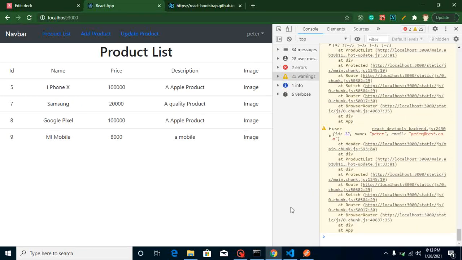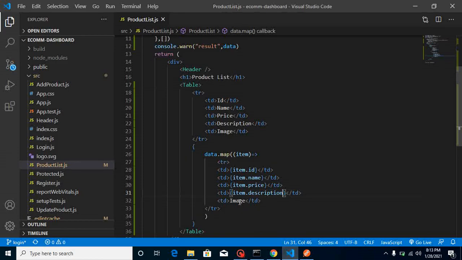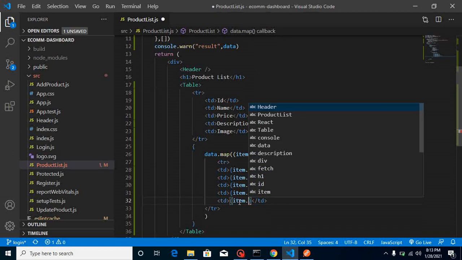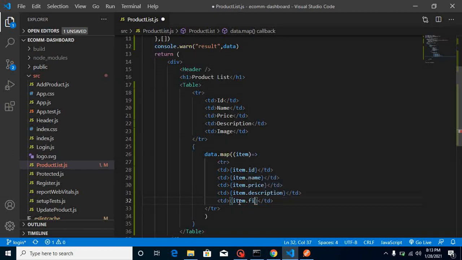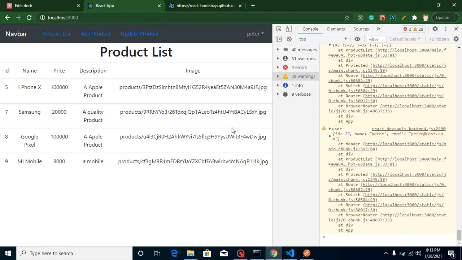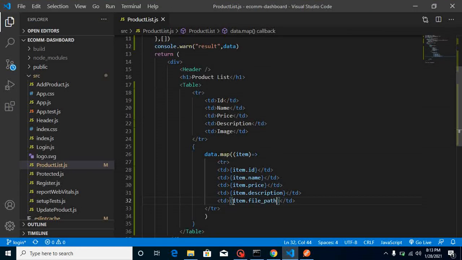right? And at the last, let's place here images, but we have to resize these images, because at first you will find that the images are very large. So just put here a file underscore path, and here we go. We have this URL, but we cannot use this URL directly. We must use it inside an img tag, right?